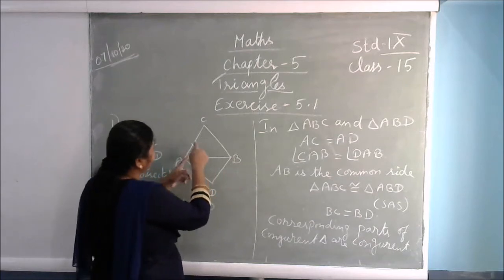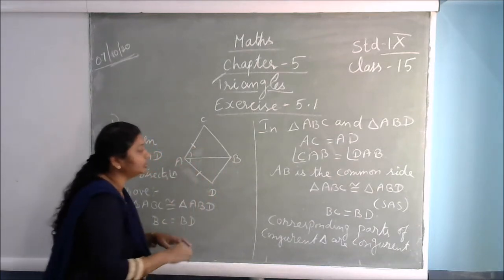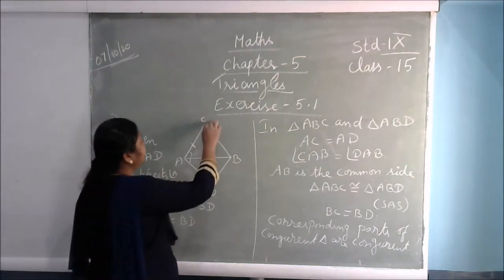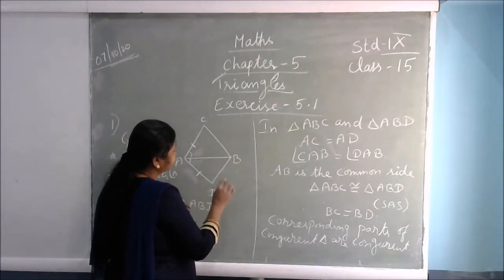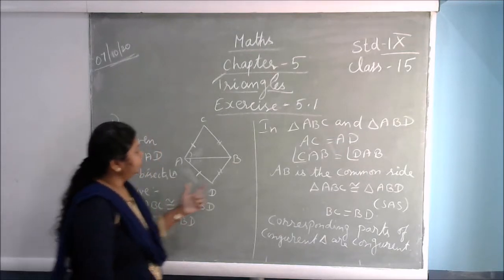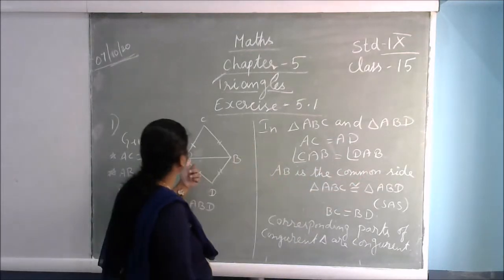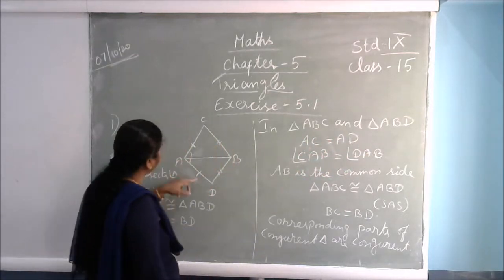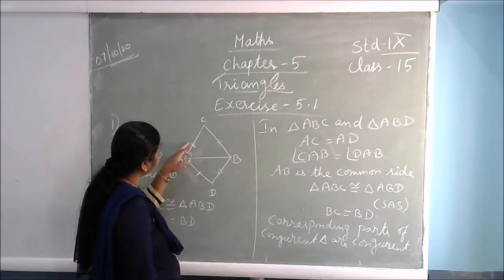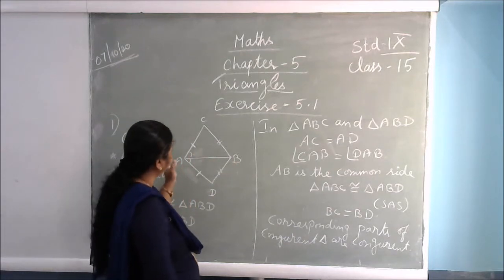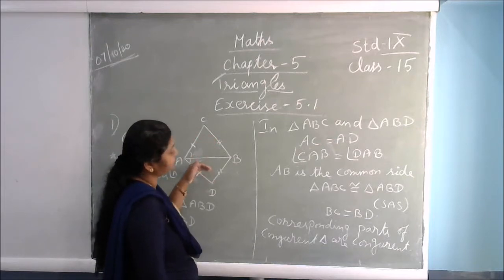And if one side and one angle are equal, then automatically the other sides will also be equal. So which sides are they asking? What is the connection of BC and BD they are asking us? So these two sides are also equal. Okay. So AB is a common side. How many statements did you prove? These sides are equal, these two angles are equal, and one more, AB is common. This side is common. So automatically this triangle is congruent to this triangle.